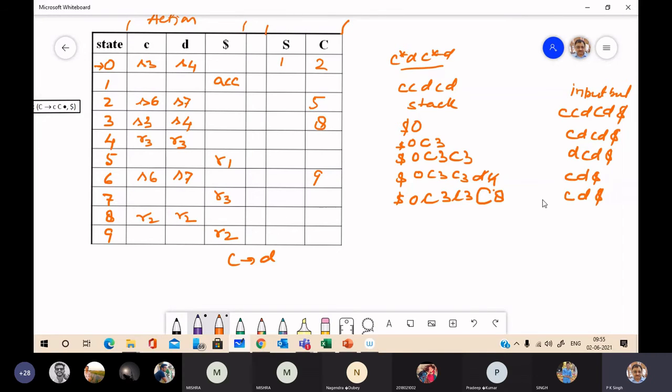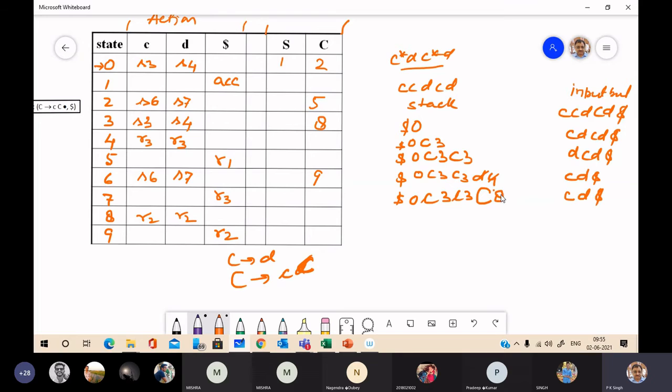Next, 8 and C, R2. R2 is C to cC, lowercase c, uppercase C, meaning two symbols.